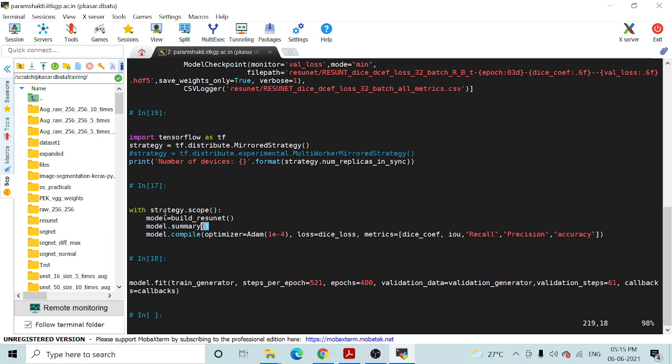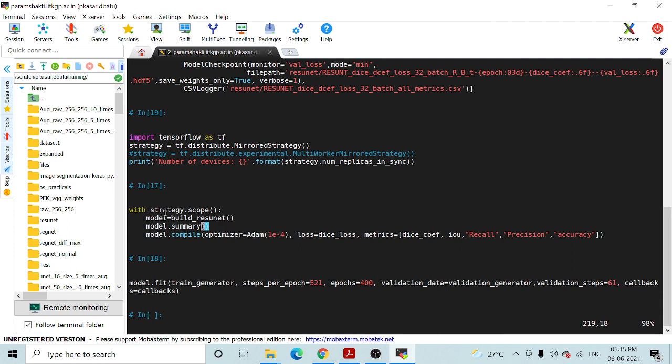Within this scope, you will build your network, call your model, and compile your model. If you do this, then your model will definitely be trained on two GPU cards.